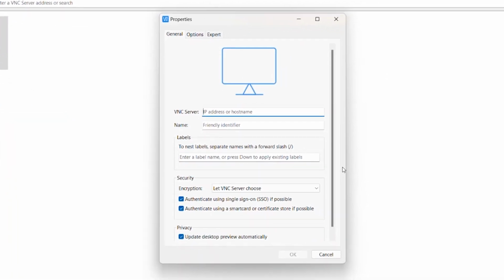All right, perfect. You should see it pop up in the middle of the screen there. The first box, which we're currently on, is VNC Server. That information is going to be the IP address that we saw on the display of the Axos system. So let's enter that quickly. Perfect. And then we're going to click down to Name. We'll just call this Axos for now. All right, and then we're going to hit OK.